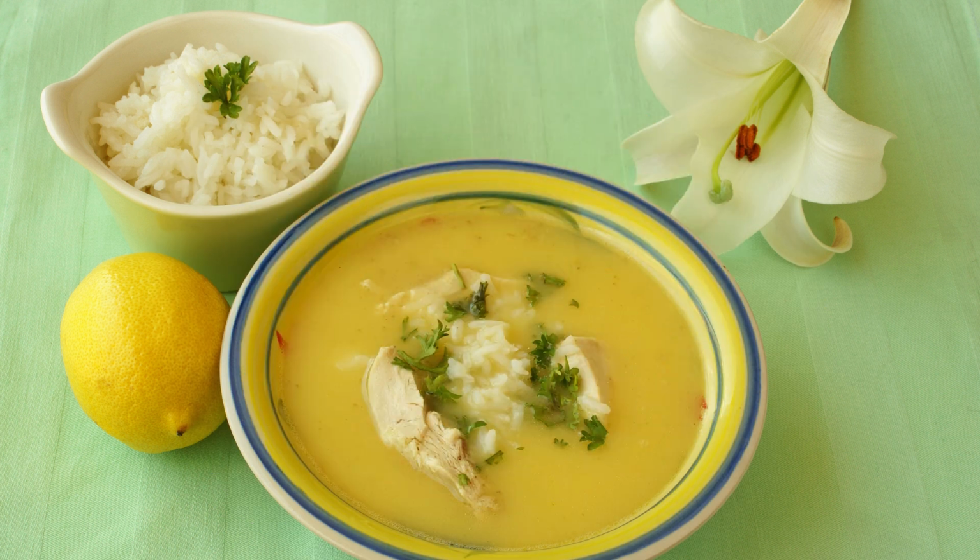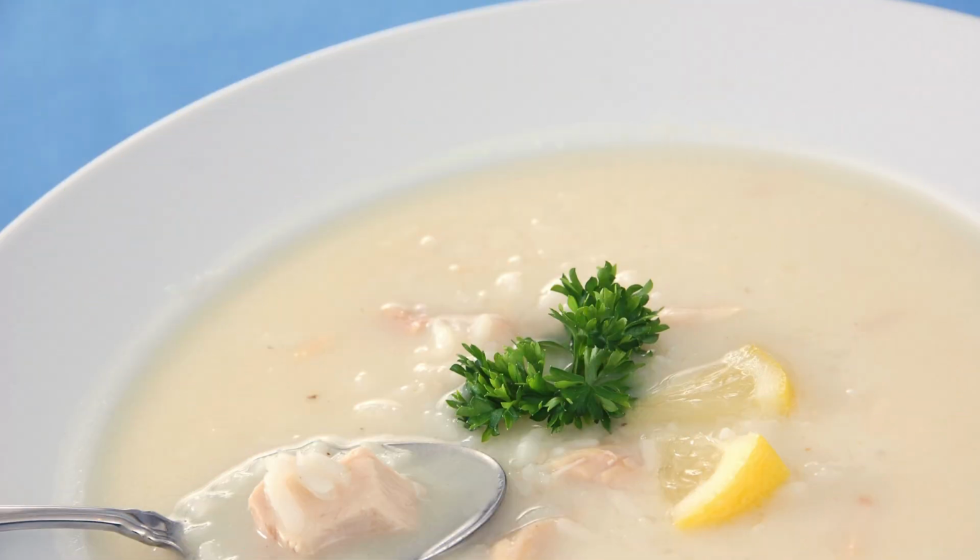The magic happens when the egg and lemon mixture is carefully tempered with hot broth to prevent curdling. This step is crucial in achieving the smooth, velvety consistency that distinguishes avgolemono from ordinary chicken soups. The result is a bowl that feels both luxurious and restorative, a perfect antidote to chilly days or moments when